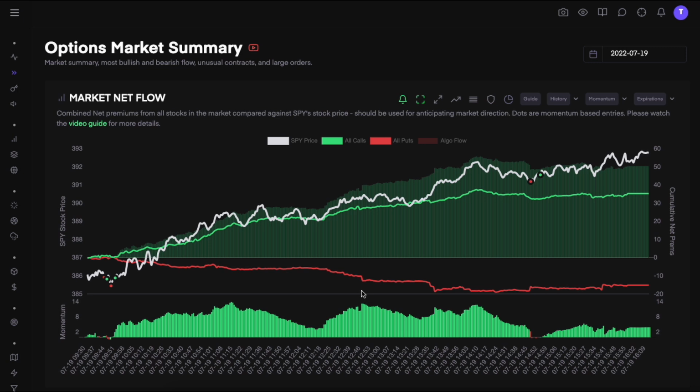There are two or three principles that I've been following with market net flow. The first is, if you're going into SPY, QQQ, or any individual stock, you need to make sure that the market net flow is showing the same sentiment that you have. If you want to buy calls, then please don't buy calls unless the market net flow is showing some big bullish momentum, some sort of call buying, some sort of bullish algo,